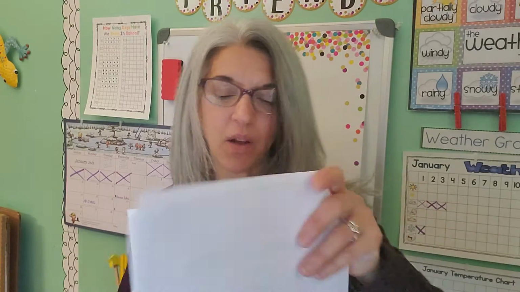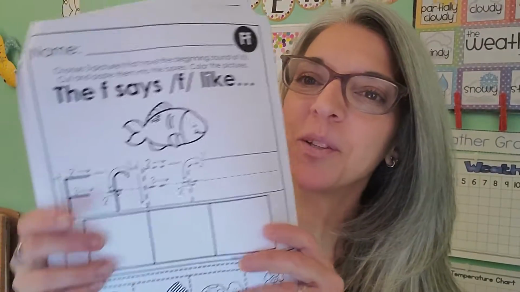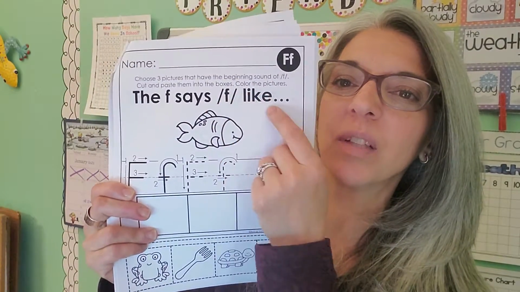Okay, so letter sounds, and then go until you find the circle that has the F in it, which is after D. Sorry, they're not in order. We only had a couple of days to get it pulled together, so we'll do better next time. So you're going to do this page. The F says F, like